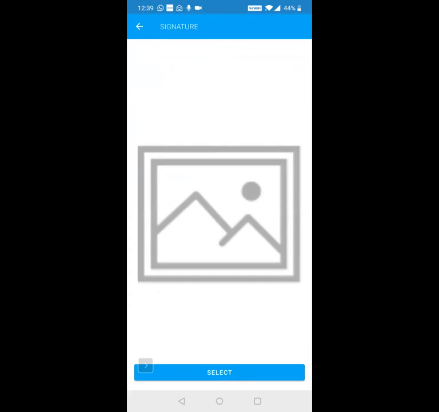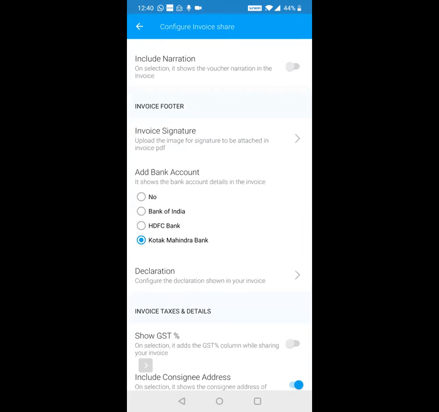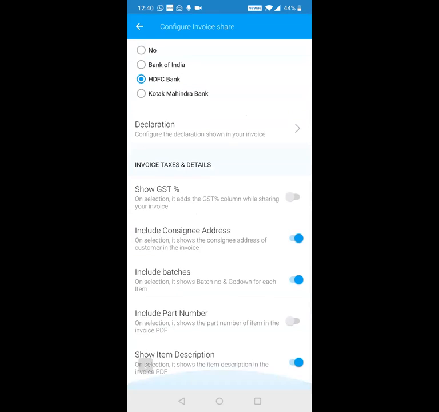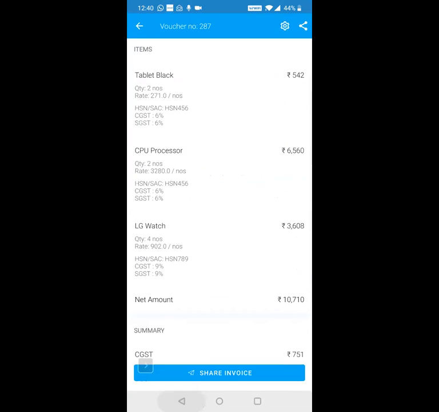If you want signature to be part of your invoice, you can attach the photo of your signature as well, and again it will go in the invoice. If you want bank details to be added, you have to select the bank from here. So if I want HDFC Bank's detail to go with the invoice, you just have to select that bank. Okay. And then there are a few more settings. Depending on the use case, you can decide to enable or disable them. Okay.